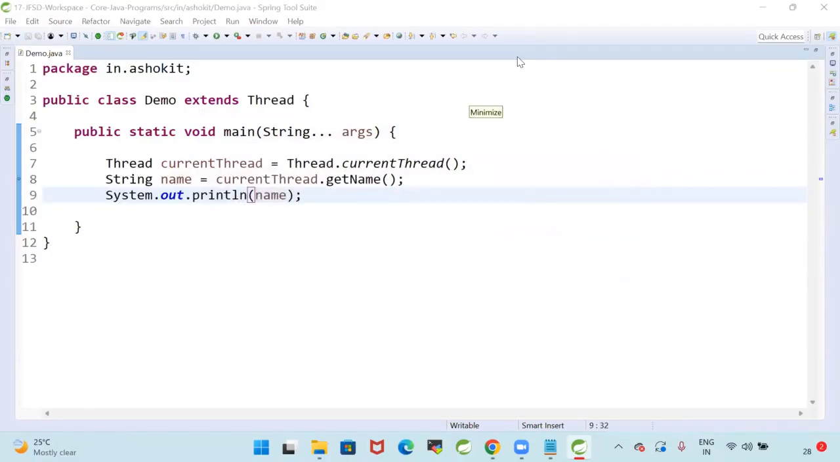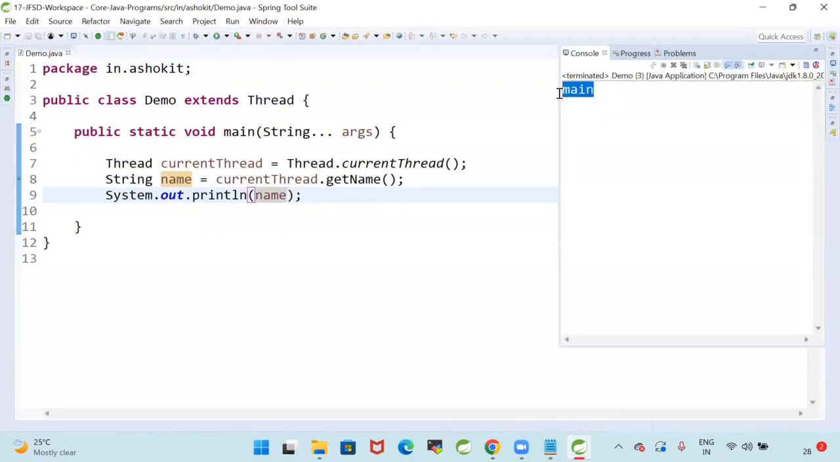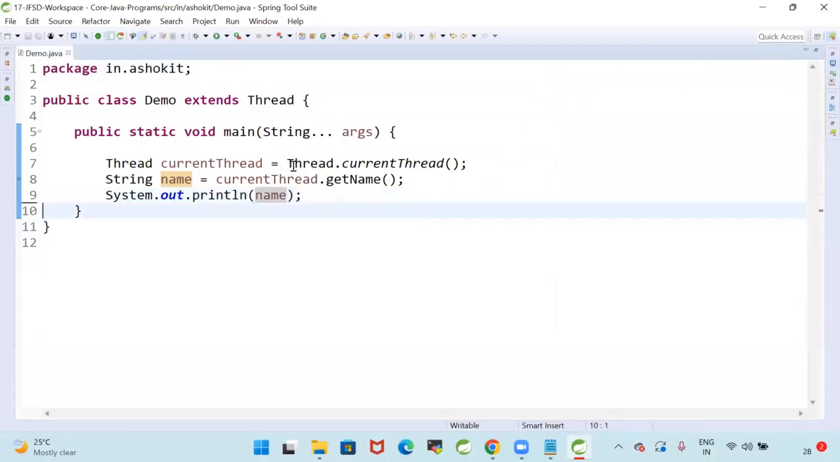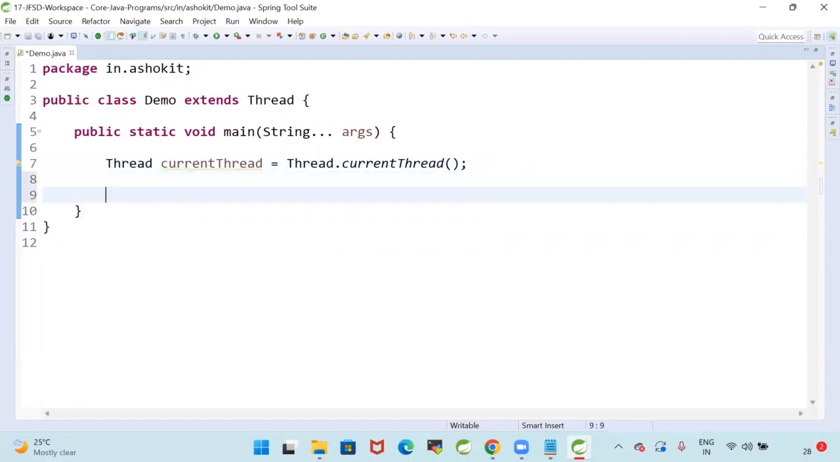When I run that program, we can see that the thread name is coming as main. Thread.currentThread, then getName. Every thread will have a group, every thread will have a name, every thread will have a priority. Got it? How to print all the details of the thread? Now here,